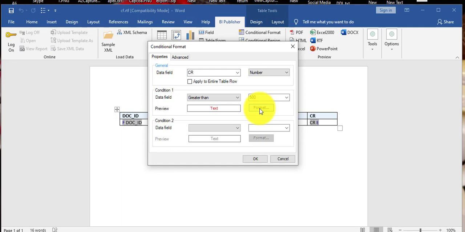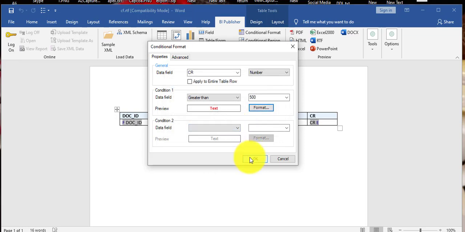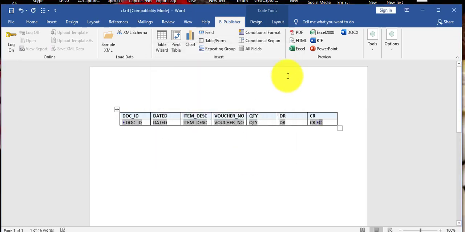Press on format, select background color. We can select background color, font color, font style, and bold. Color select, okay, okay. Once you preview, press on PDF to view.